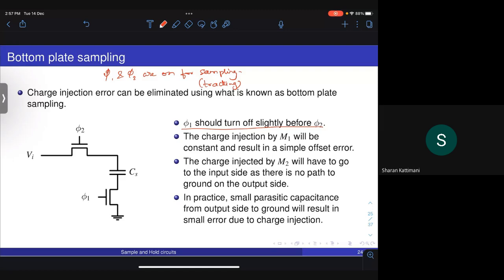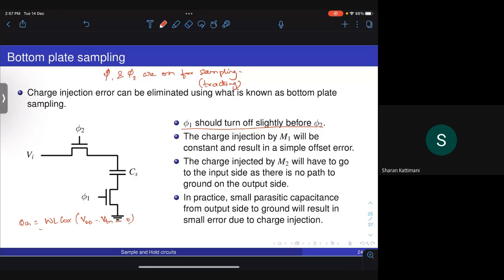What is the charge it injects? It will depend on the channel charge, which is W L Cox into VGS, which is VDD minus VTN minus Vi. But in this case, the source and drain, when the switch is on, are both at zero potential,